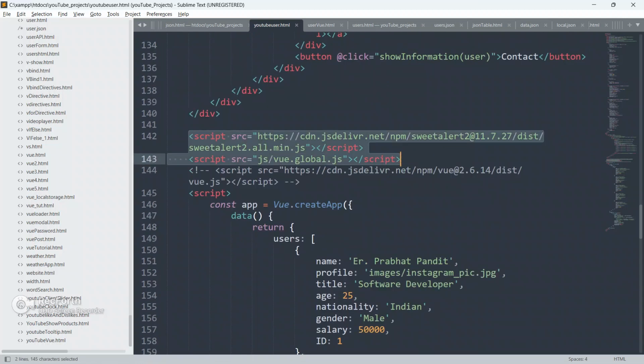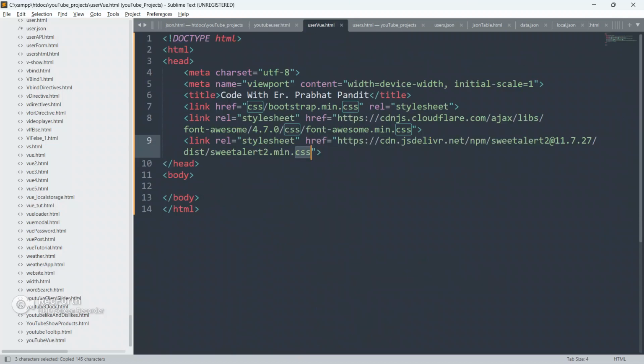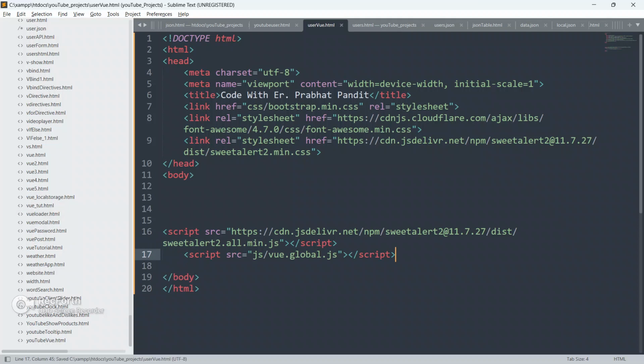And let me just copy one more thing from the previous example only. In this way we can save a lot of our time guys. Okay, so that's why I am doing it here, to save our time also. So let me just explain to you what this is. So guys, as you can see here, this is the JS file for Sweet Alert 2, sweetalert2.all.min.js. Okay, so this is the JS file. I will give you guys all the links in the description below. You can go there and copy the CDN link, and you can use this CDN link in your application.